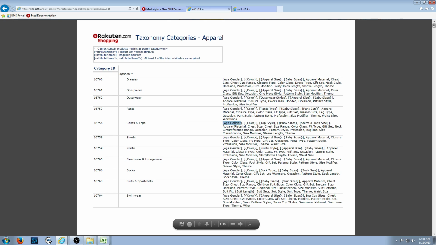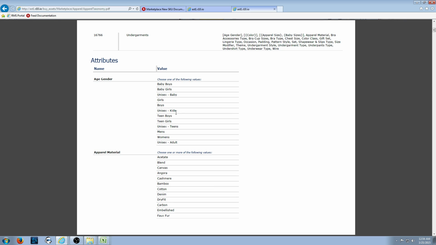So let's go back and see what the first required attribute is. Age, gender. Good. And I had 2 of these open because I'm going to keep one open on the top to see what's required, and I'm going to use the second one to scroll down to the appropriate attribute. So age, gender, you have to choose one of the following values for age, gender. You cannot make up your own. You cannot change the spelling. If it's men's, you have to type it in MENS. You cannot do MEN'S. It has to be exactly typed as it's shown. Mine is going to be men's. So we're going to put men's in there